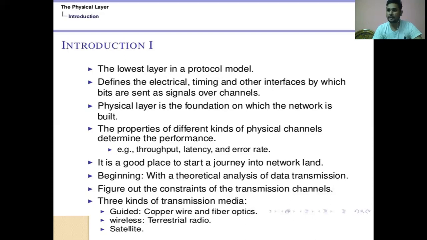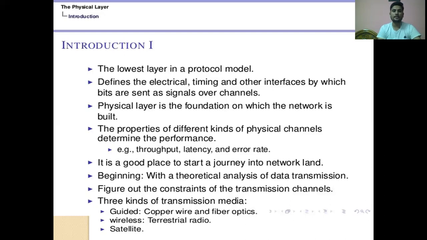In the first area, data is transmitted by using either copper wire or fiber optic wire. That is what we use there in our laboratories. So a LAN connection is established between all the systems. We will discuss that particular LAN concept in unit number 1. Within a kilometer range, or within a room or within a building, we can connect all the devices by using a wire for the data transmission purpose, and all the devices and nodes are connected to that particular wire. So that is guided transmission media.